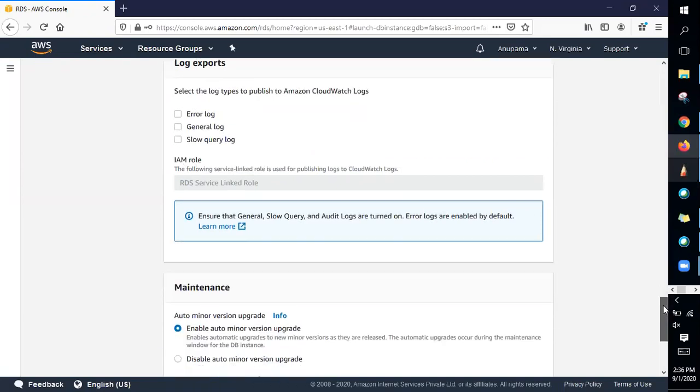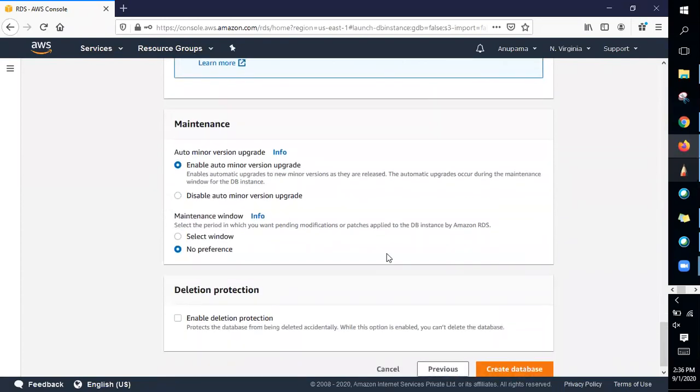And also you can enable the maintenance. So AWS would allow us to enable the auto minor version upgrades. So if you enable this, AWS will go and upgrade the minor versions of your databases.